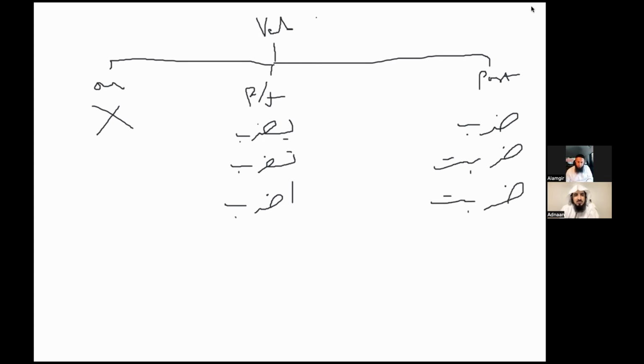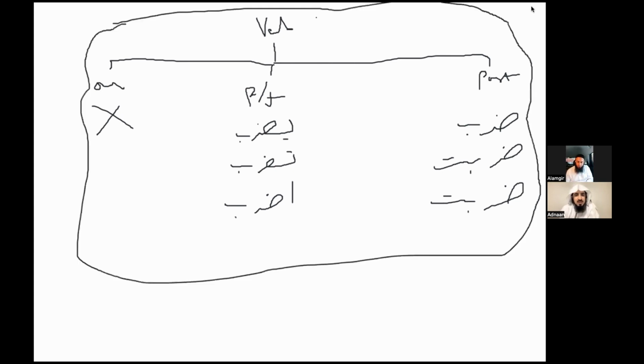So they're indirectly, in all these lessons, trying to get you familiar with this concept before what's actually going on with this whole concept. Now, what I want you to notice, look at the word Dad, Ra and Ba. It's here in the present tense, here in the past tense, and it's going to come here in the order. And this is to show the action of hitting, right? The action of hearing, Sami'a: Sin, Mim, and Ain. If you're going to say he heard, Sami'a. If you're going to say she heard, Sami'at. I heard, Sami'tu. And future tense, Yasma'u, Tasma'u, Asma'u.